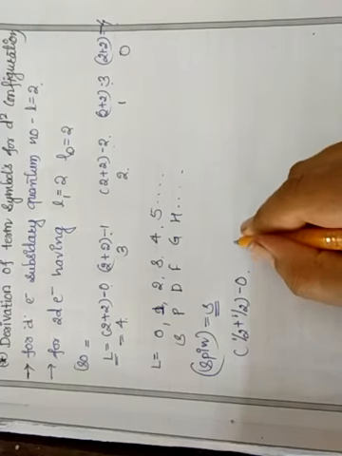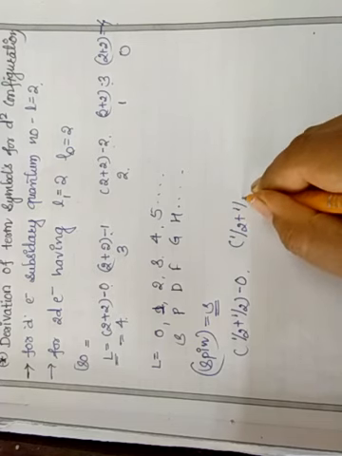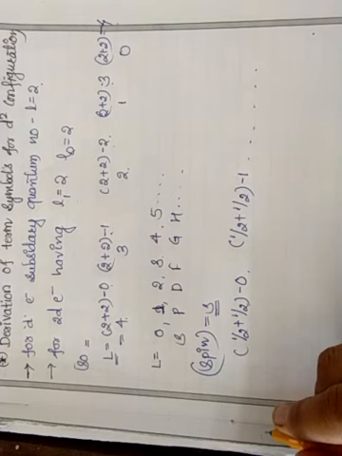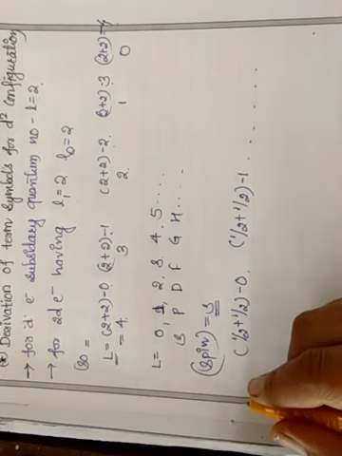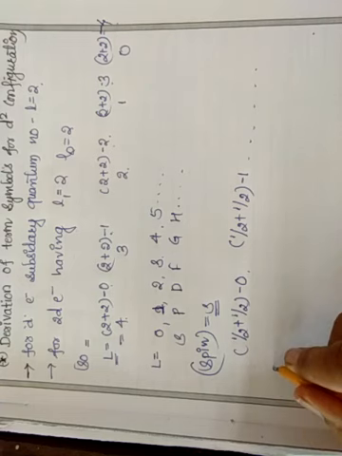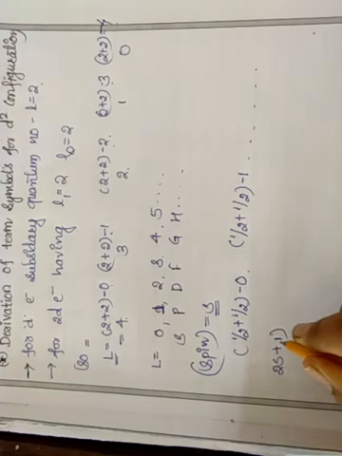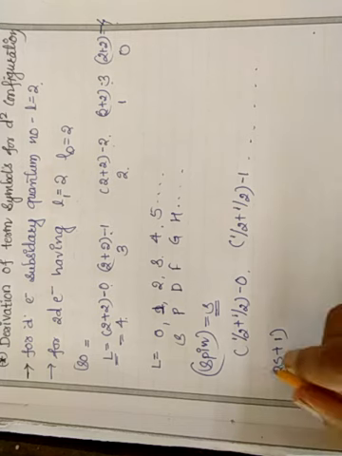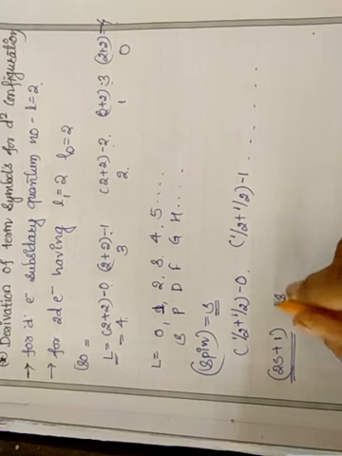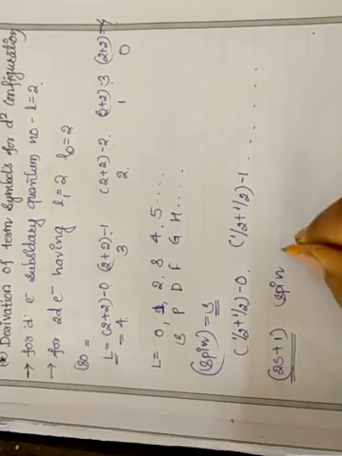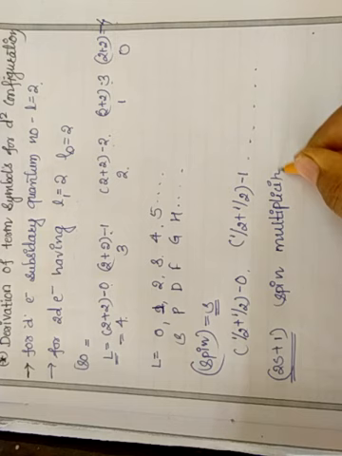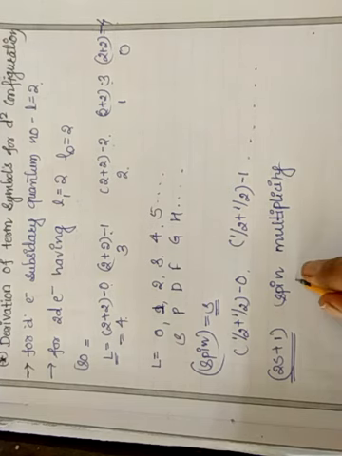Yes, next half plus half minus 1. In this way we are supposed to do minus 2, minus 3, minus 4 and so on. The values of spin multiplicity should be taken as 2s plus 1, isn't it? So here we have to write it for that. For this spin multiplicity, how do we have to write, how do we represent the values?